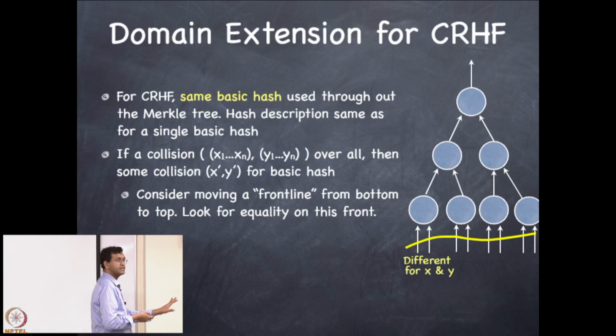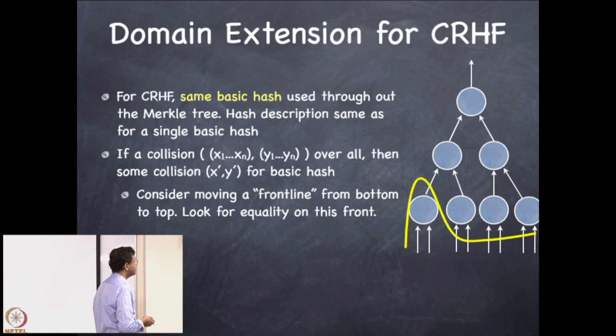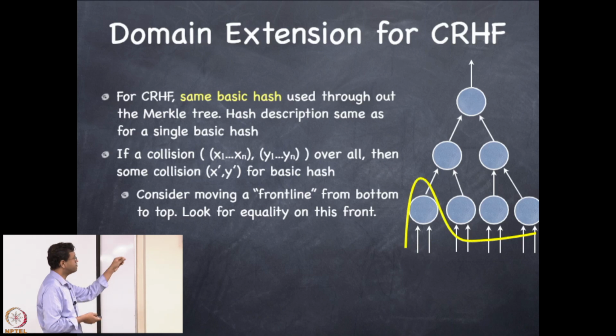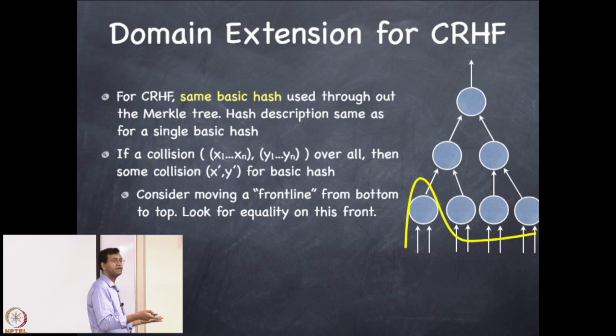So initially I have that invariant. Then I try moving my front line up. What could happen? Well, one possibility is that I found a collision, meaning now this edge, the block in this edge became the same in the x computation and the y computation. Then I'm done. Okay, not quite done, but